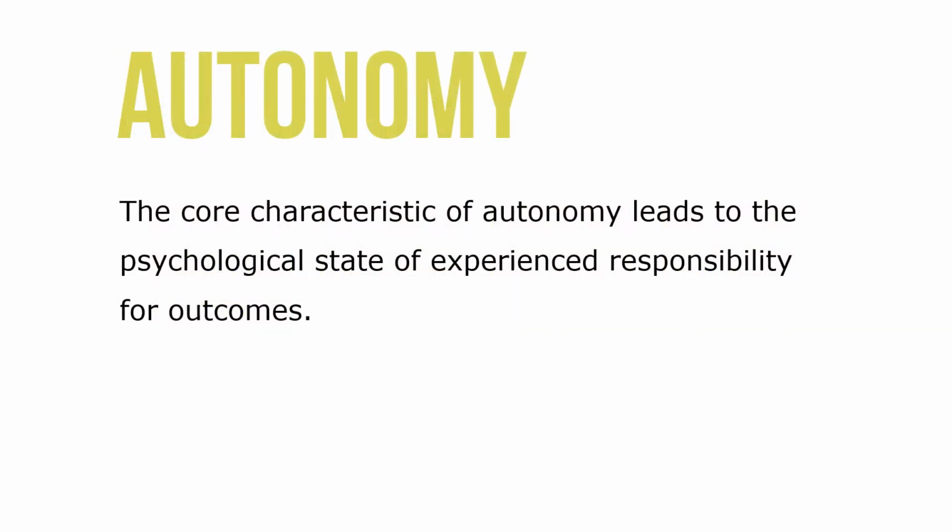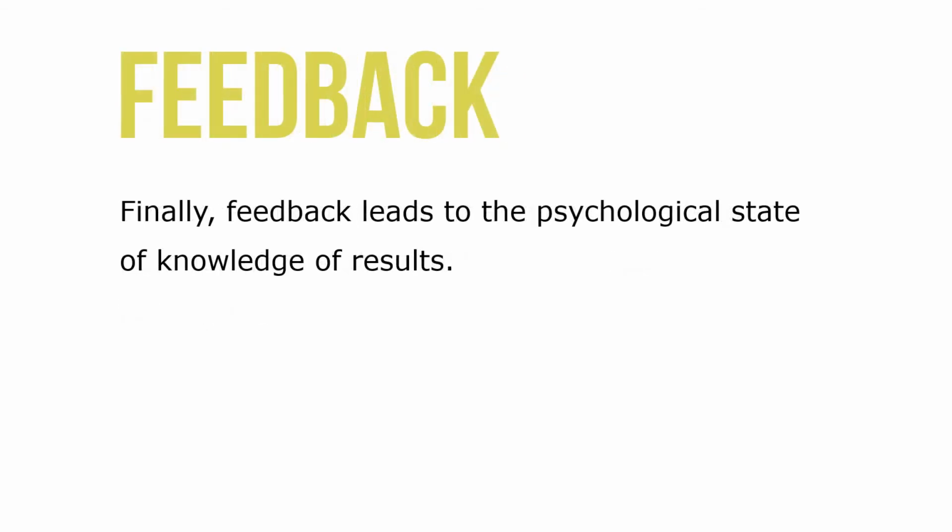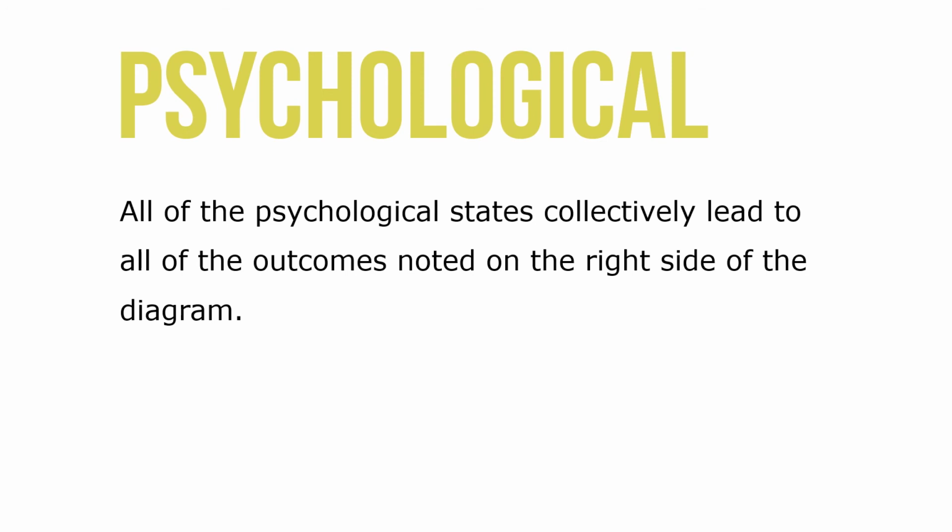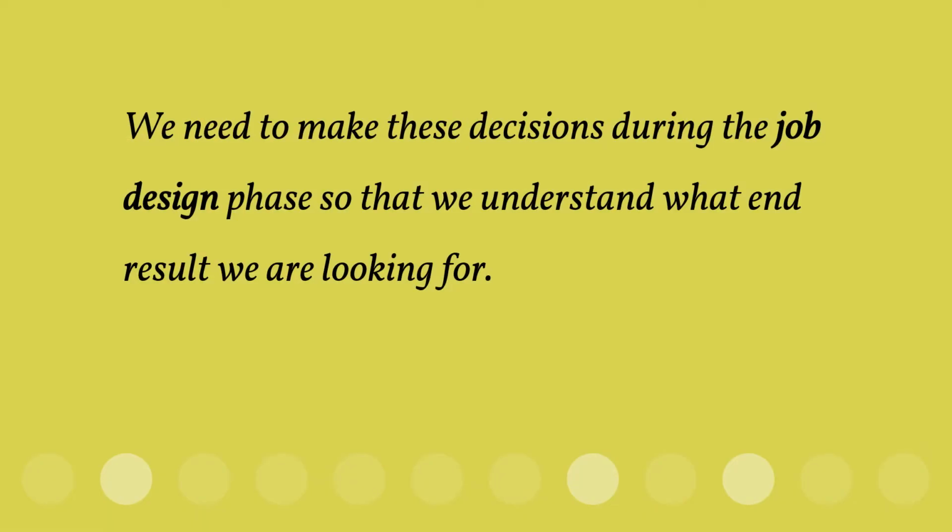The core characteristic of autonomy leads to the psychological state of experienced responsibility for outcomes. Finally, feedback leads to the psychological state of knowledge of results. All of the psychological states collectively lead to all of the outcomes noted at the right side of the diagram we just saw. We need to make these decisions during the job design phase so that we understand what end